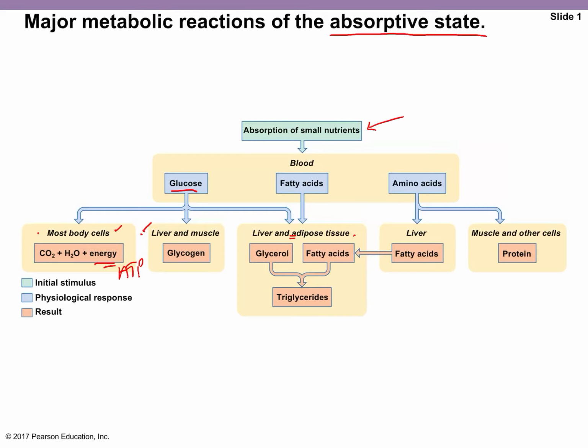So out of your liver and muscle, 70% of your body's glycogen is actually stored in the muscle. The other 24% is stored in your liver, and there's some stored in your kidneys. Then we have the glucose going to the liver, so let's take a look at this box here. When glucose goes to the liver, it can store it as glycogen, but it can also convert,